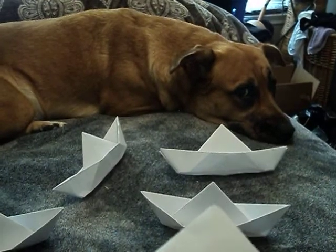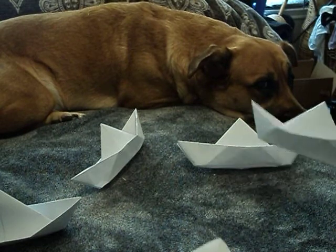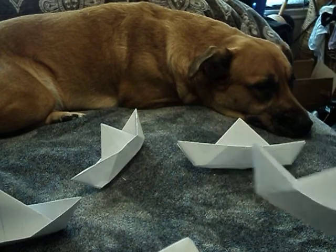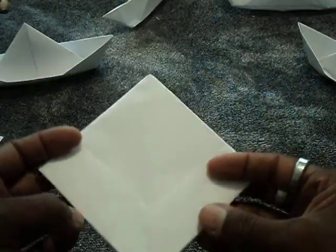She's sitting there looking at me crazy. She's like, wow, you don't like my boat? What's wrong with my boat? You don't like having a big sail? She looking at me crazy. You're like, forget you, dude. You be playing with me. I'm going to take her outside as soon as we get done. Okay,